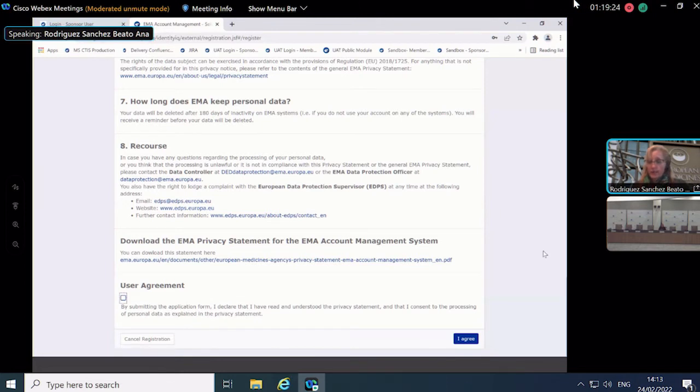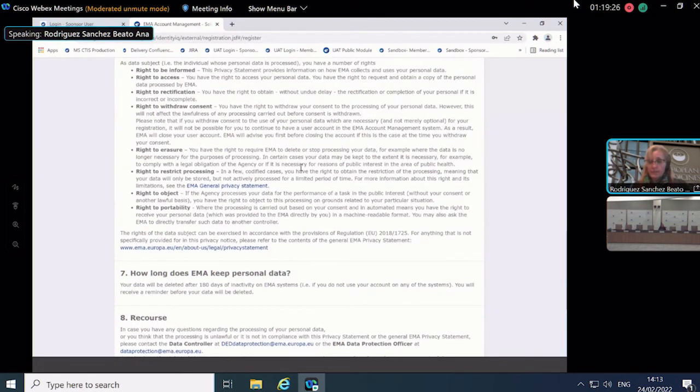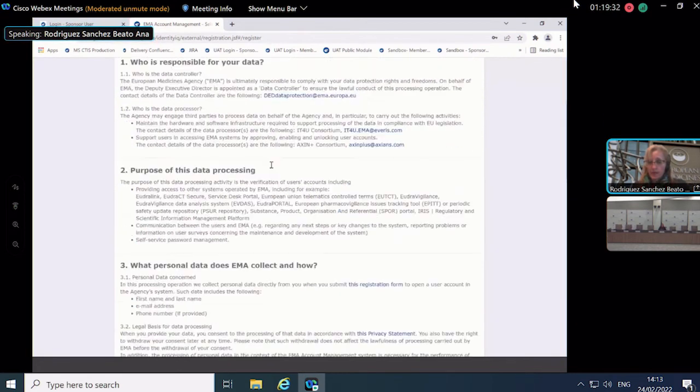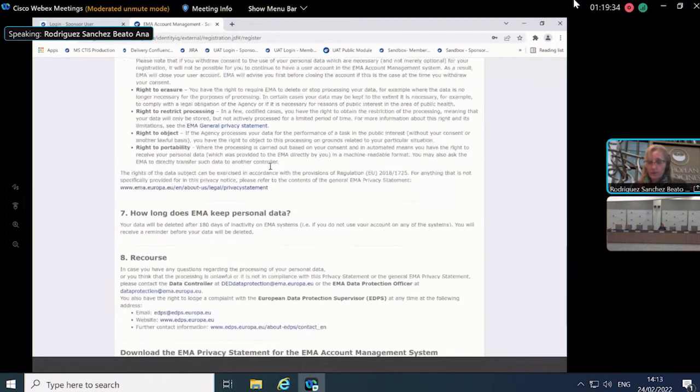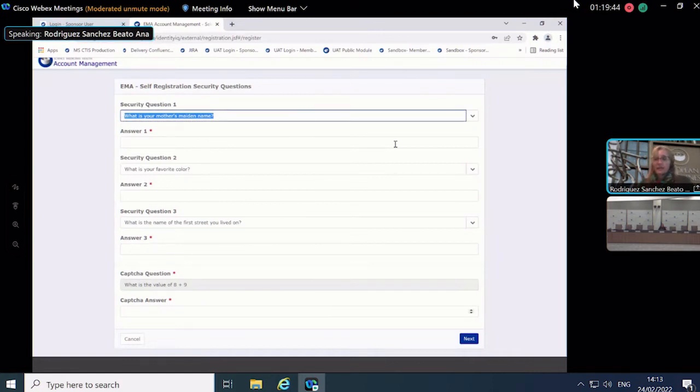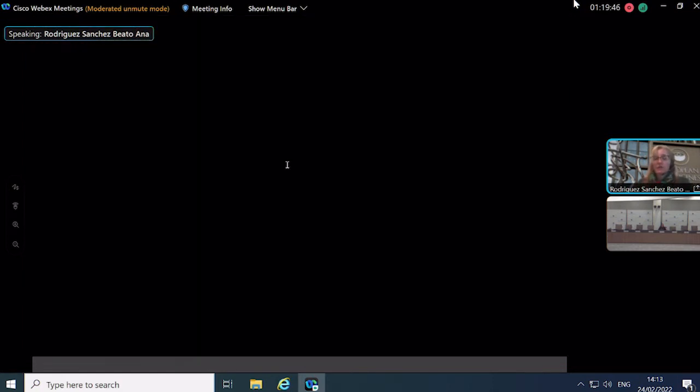Now when you click here, you are navigated to a privacy statement that you are recommended to read. And when you have gone through it and read this statement, then you can agree by ticking here, and then you click I agree, and you are navigated to the next screen. And here you will have some security questions.